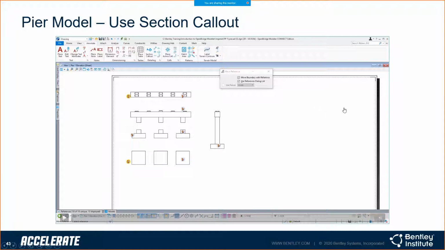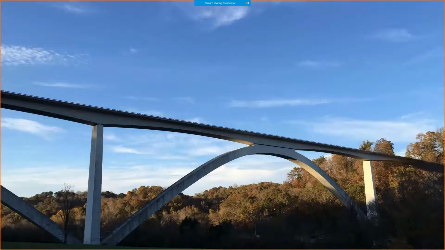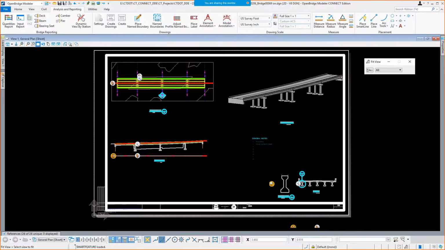So with that, I'm going to stop right here and see if anyone has any questions. And let me open up one other thing here. I've got a couple of different windows open. I was working with